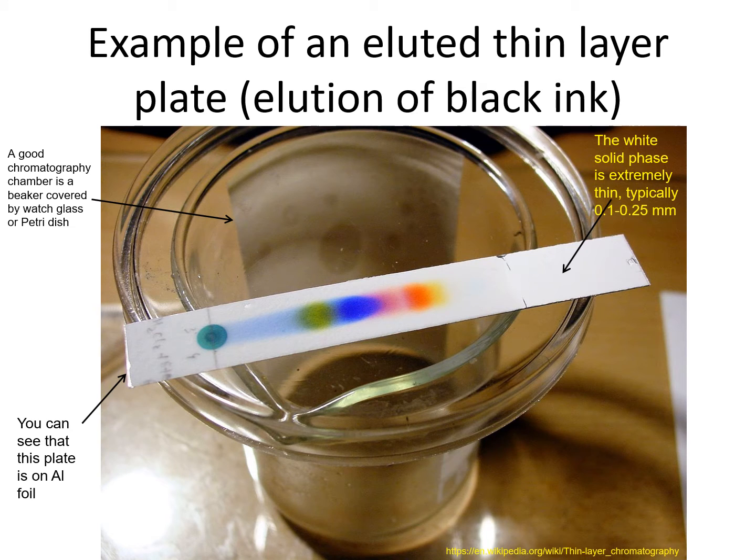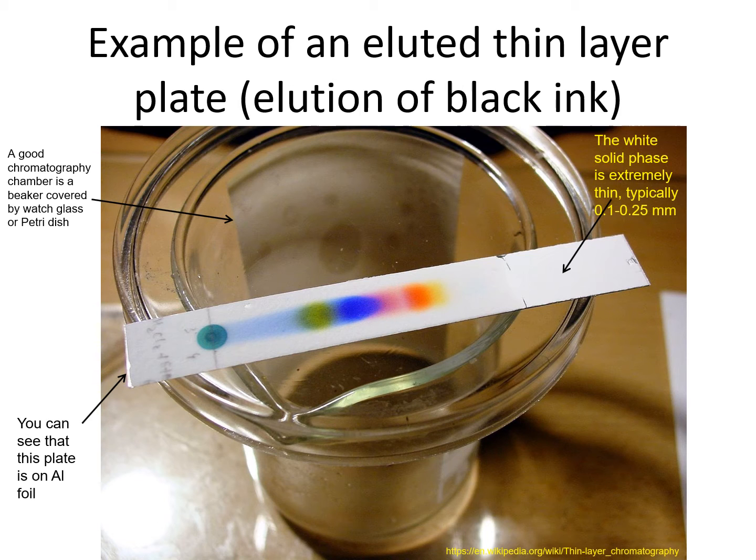So this picture is an example of a TLC experiment done in some other labs. In TLC we have our own chamber to run the experiment. However, because the chambers are big and might not be available in many labs, we can substitute them with beakers. The only thing we need is a beaker